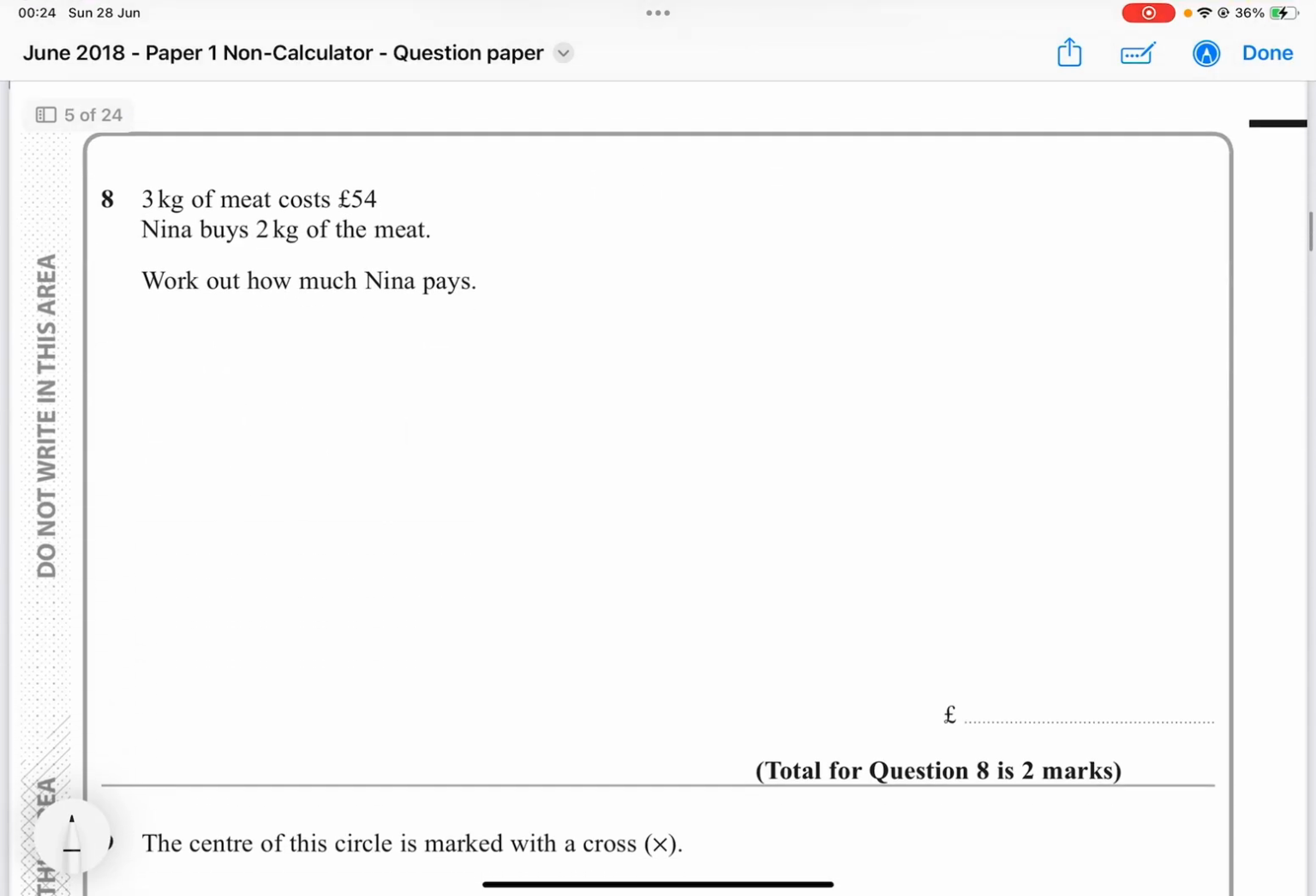On to question 8. 3 kg of meat costs £54. Nina buys 2 kg of meat. Work out how much Nina pays. So over here, what I always do is I basically write down exactly what it's saying. Okay. So 3 kg equals £54. Literally just write it out like that. Okay. Now, the first step that we're going to do is we're going to work out how much 1 kg is worth. And then we can just multiply by 2 to work out 2 kgs. So we're going to go down to